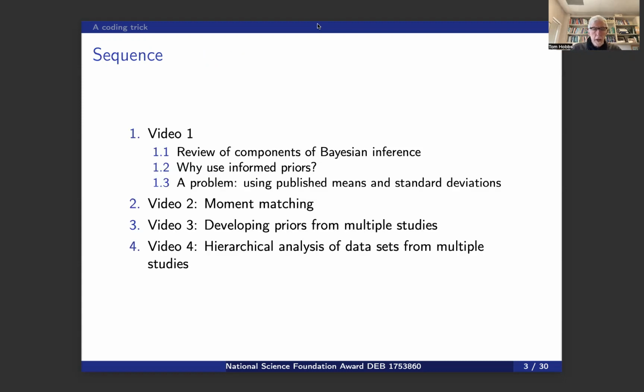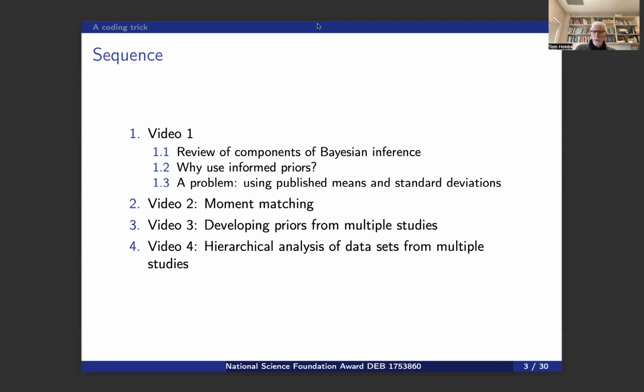It's a video sequence. In video one, we reviewed the components of Bayesian inference. We talked about why we would want to use informed priors. And we posed a problem: how we use published means and standard deviations, which are usually the substance of tables in published work, given that means and standard deviations are not the parameters of